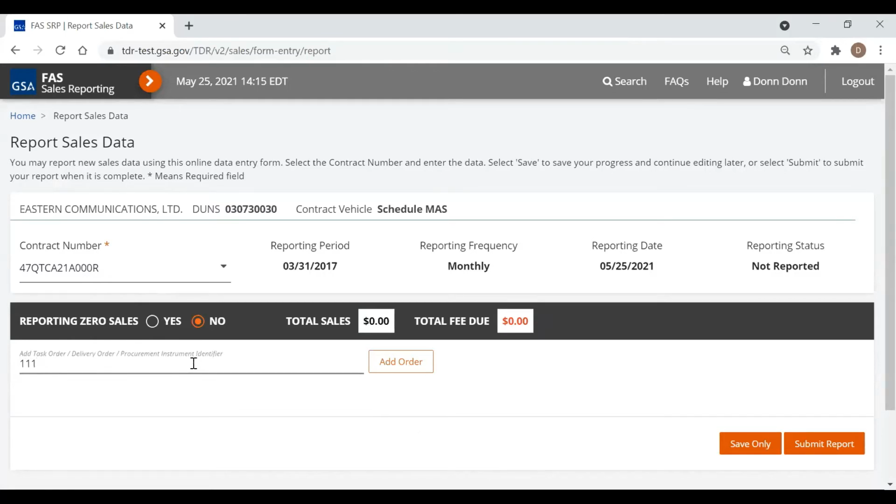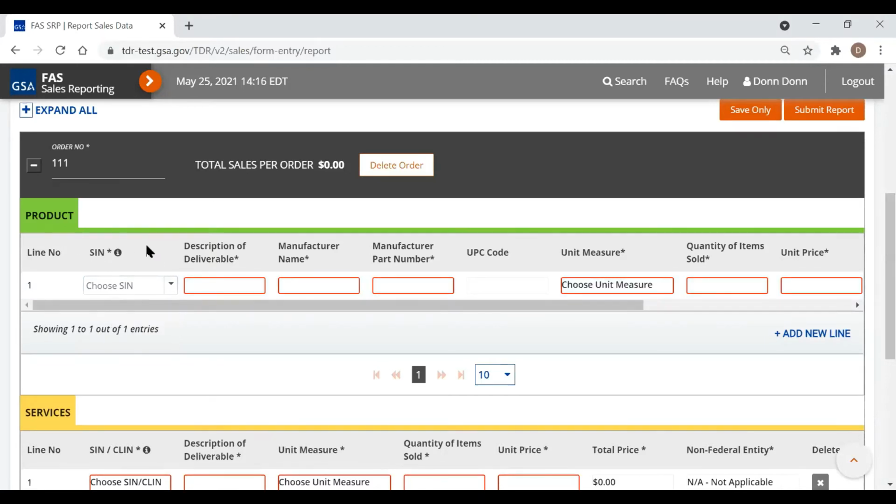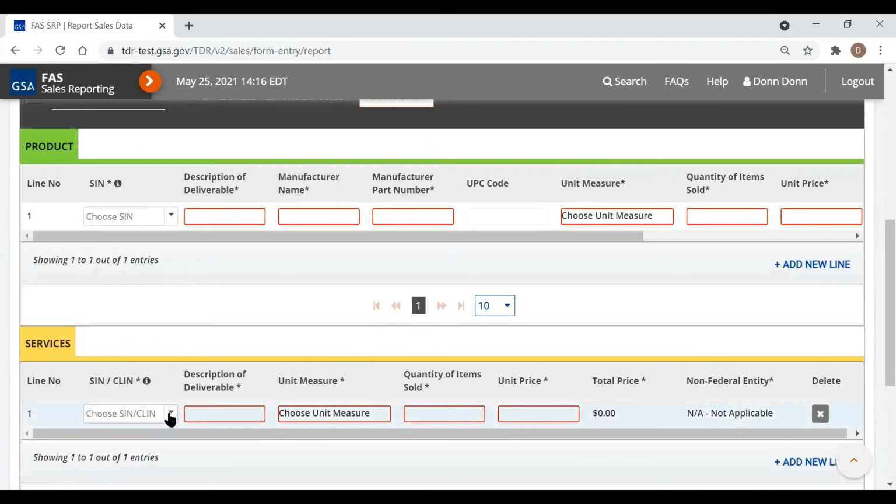So I'm just going to type in a task order number right there. And then right here, it drops down for service or products. So I want to look at my drop down, and these are all the SINs underneath this particular contract that I would have, okay? If I tried to upload SIN number 11122, I would get an error message because that SIN is not on my contract. But you also, this is the products line, but in case you had a service, it might be something different. So you want to check both of these if you have both